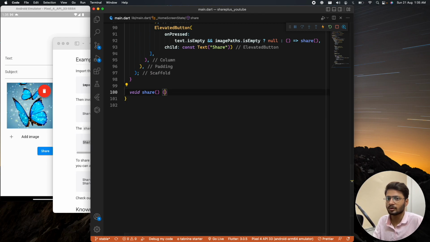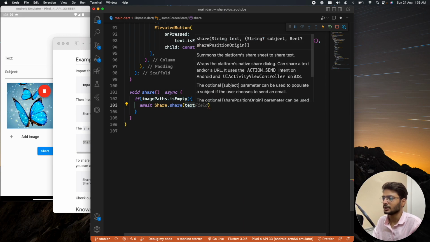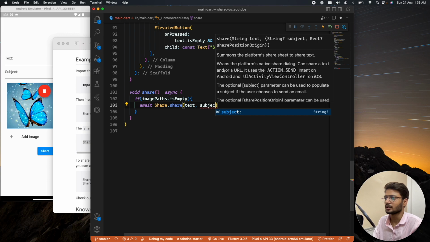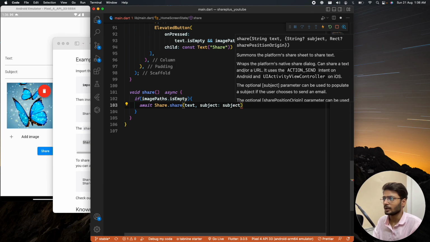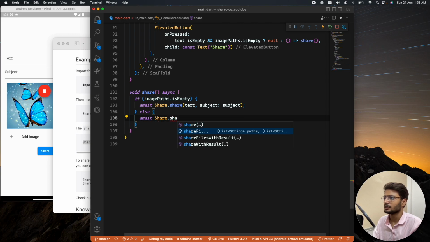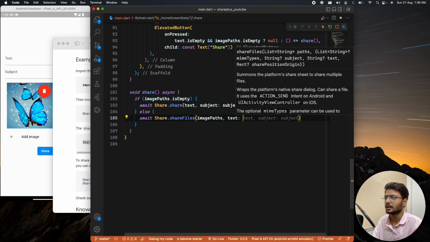So what you can do is, first of all, checking whether our image paths are empty. So if they are empty, then we can do a simple share, which will be a text and subtitle. So we will await. This means we have to also write the async here, and now we will call share.share, and we can provide properties like text, and then the, I guess, subject, and subject I can click this. Else what we can do is we will await share.share files,